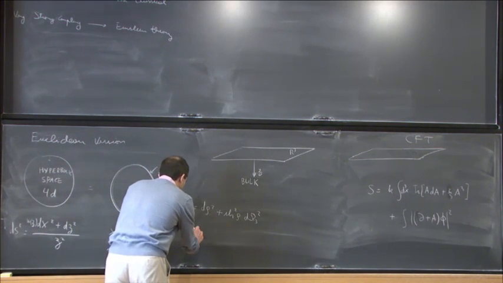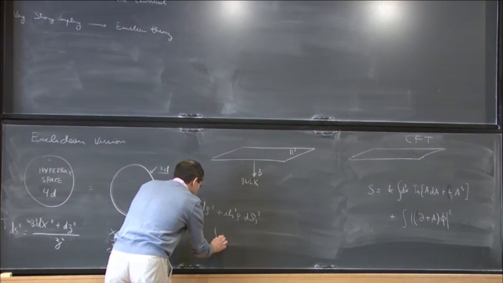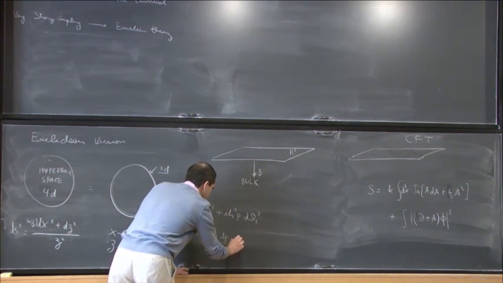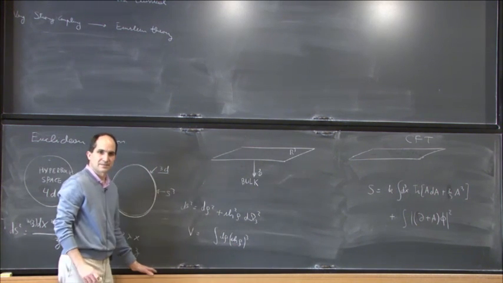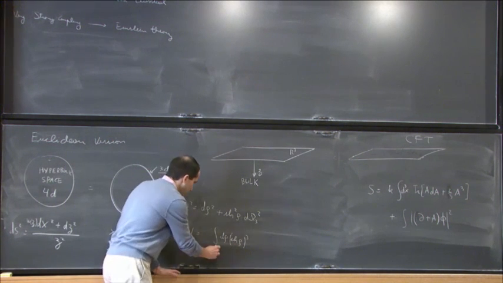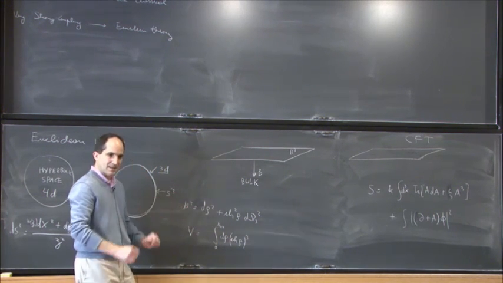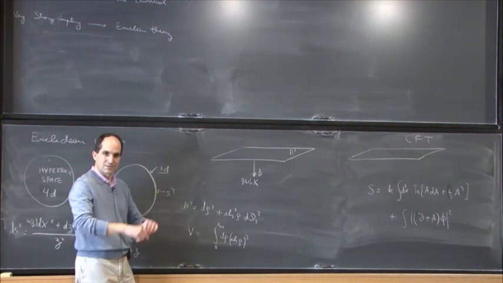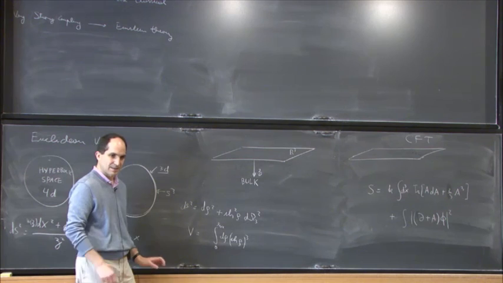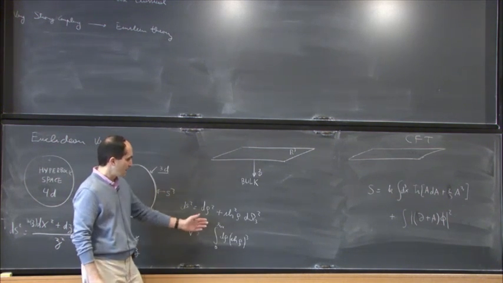And now I'm going to compute the volume, or more precisely, we could be evaluating that action. And we have the integral d rho of sinh rho to the cube power. Okay? And so we integrate between rho equal to 0 and then some rho max. Okay? And that will be some cutoff. And now, indeed, I'm breaking at this step the full scale invariance and some of the symmetries. I'm only preserving the rotational symmetry. And then